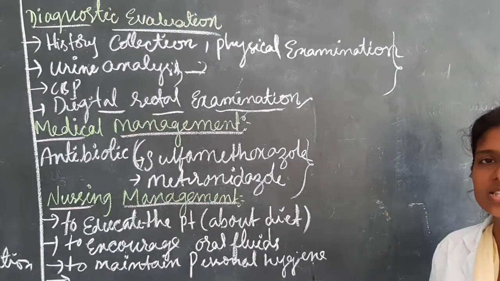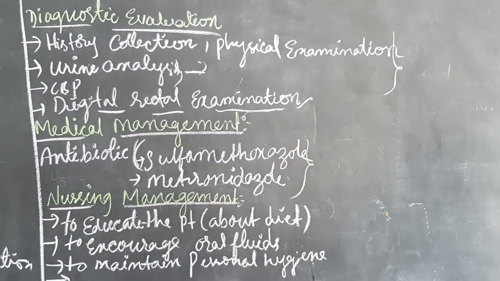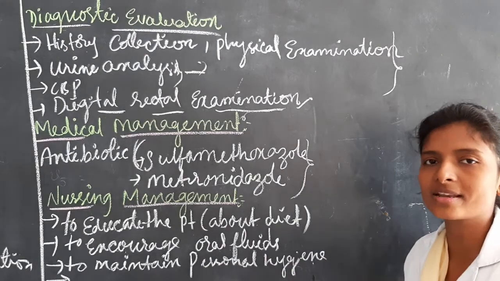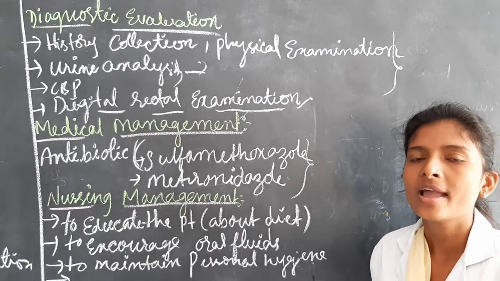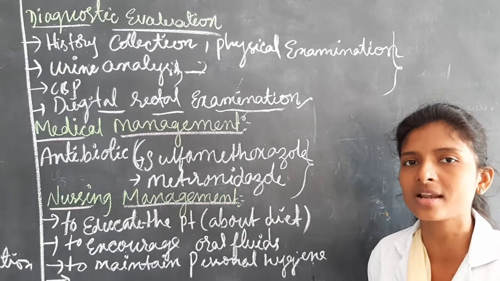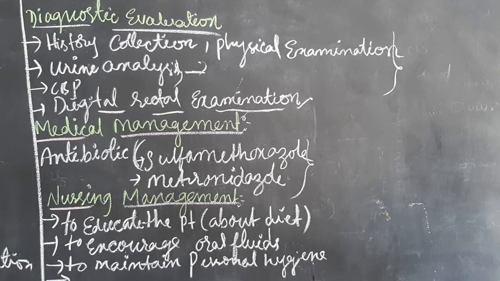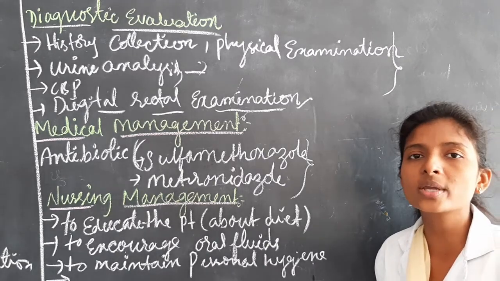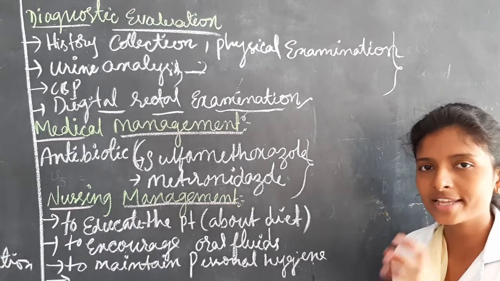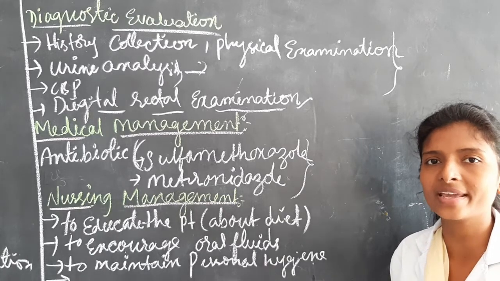Next, she has to encourage the patient to take more oral fluids to prevent infection, and tell the patient to maintain personal hygiene. How to maintain it, she has to explain, and she has to give health education regarding personal hygiene by showing pictures. And next, the patient may have fear and anxiety. To prevent that, the nurse has to educate the patient, and not only the patient but also the family members, regarding the nature of illness. Why? To prevent fear and anxiety.